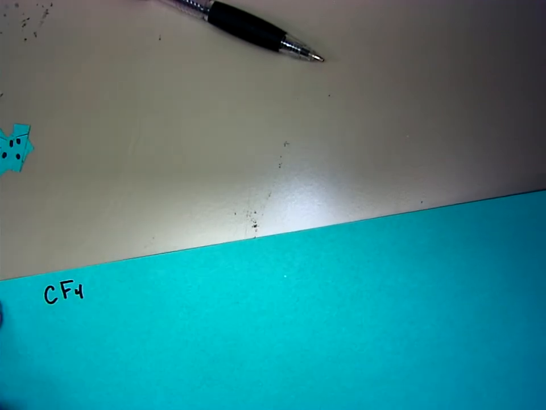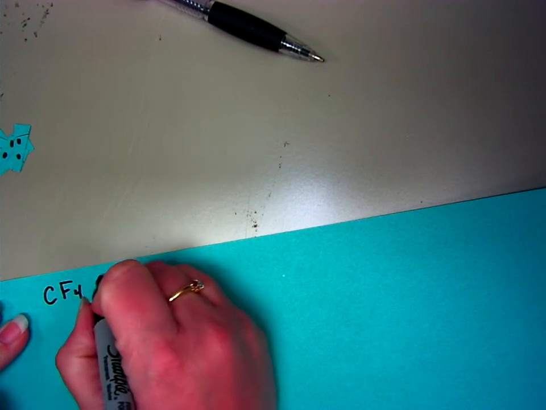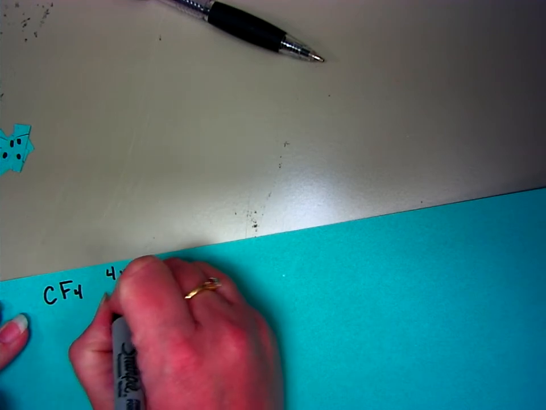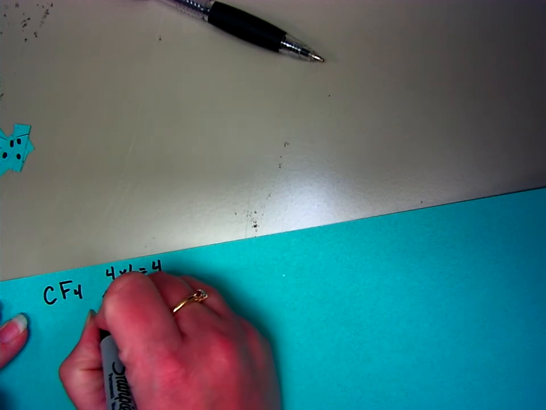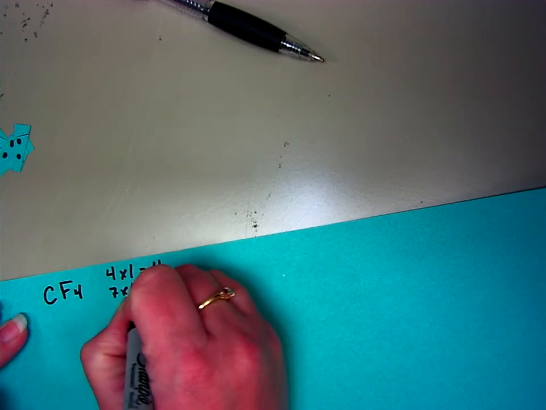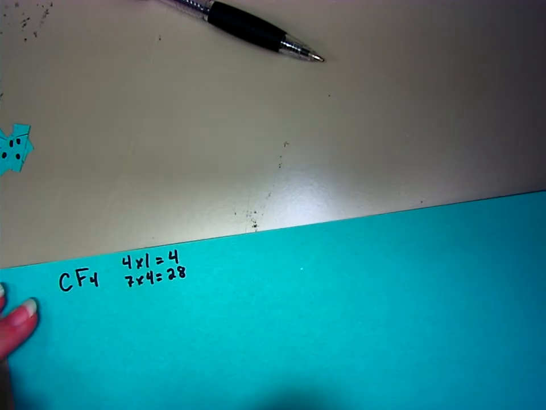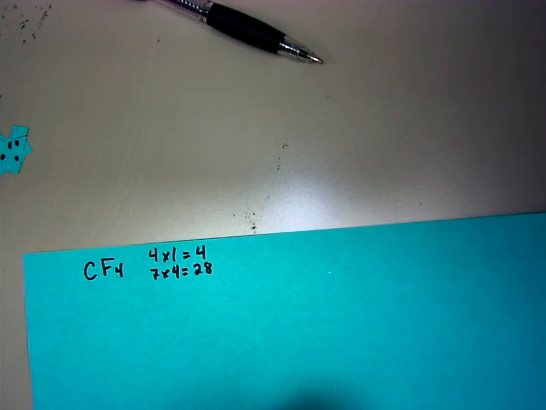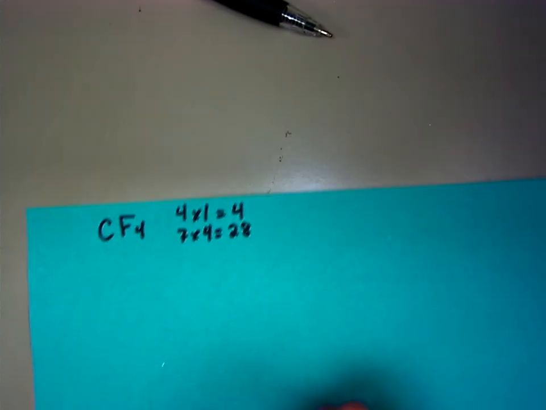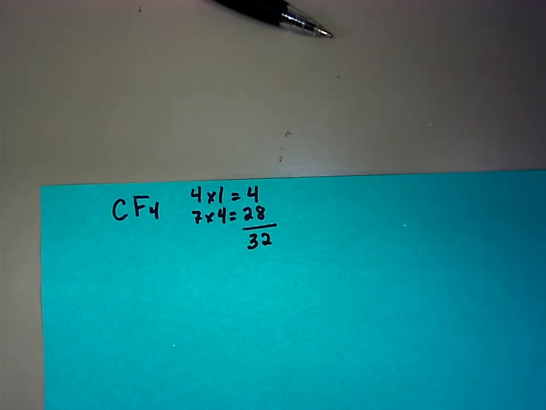CF4 has one carbon, and each carbon has 4 valence electrons. So that's 4 valence electrons times one carbon. And then we have fluorine, which has 7 valence electrons, and there are 4 of those. How do I know fluorine has 7 valence electrons? I'm going to look it up on the periodic table. So, let me zoom in a bit so we can all see what we're doing here. Okay. So we're going to add these up, and we have a total of 32 electrons that we're going to